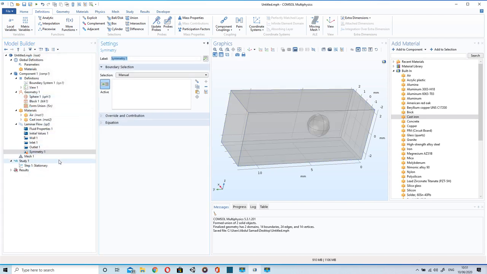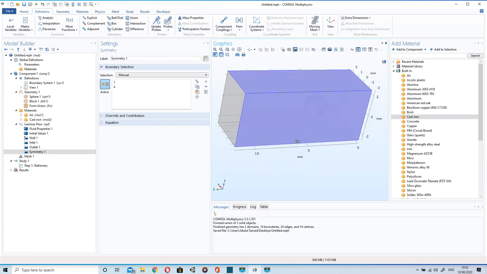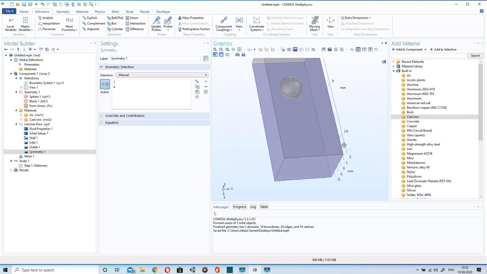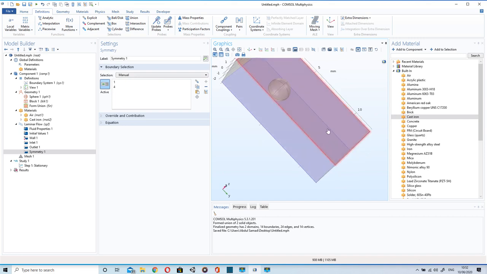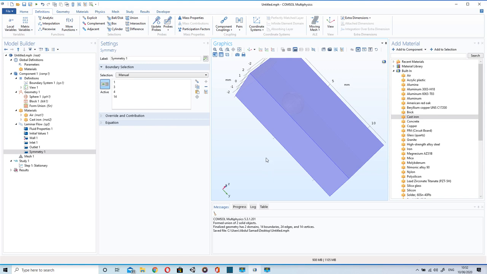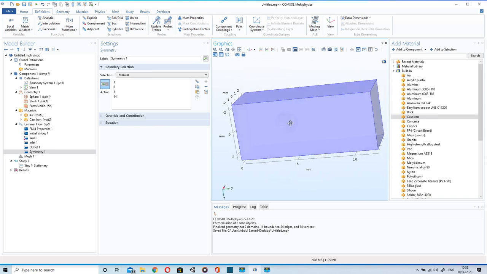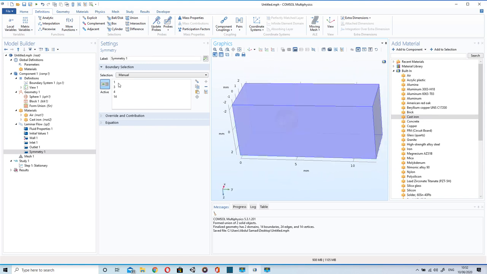Then I will go to symmetry and select rest of the faces. Keep it on manual selection. I will select these faces. So the symmetry is ready.